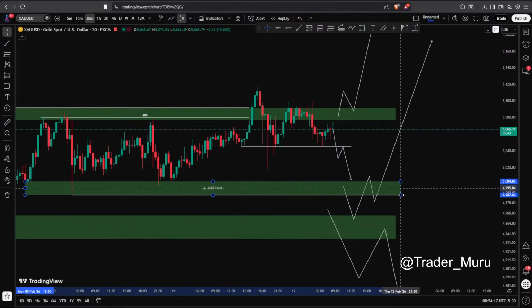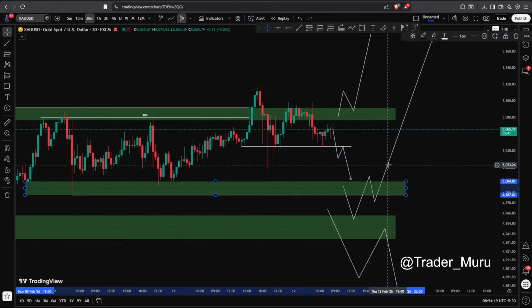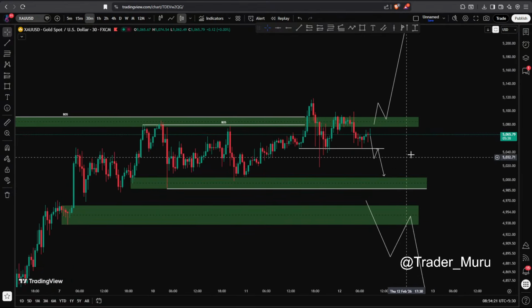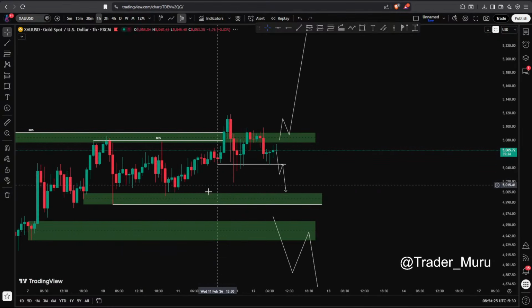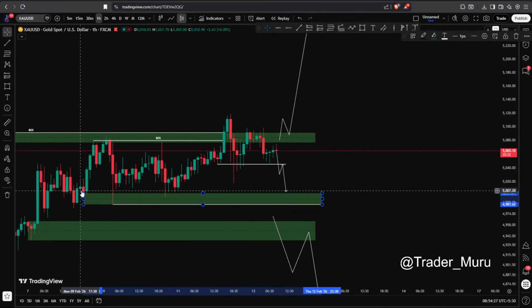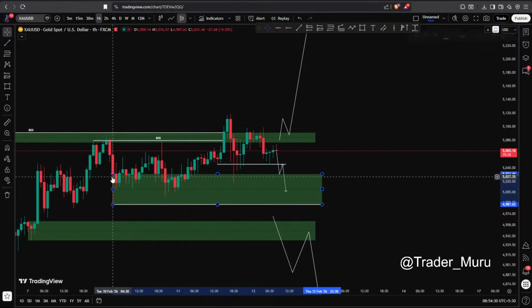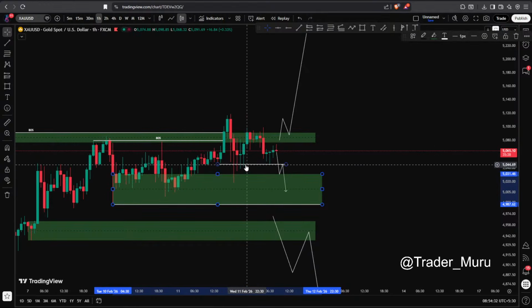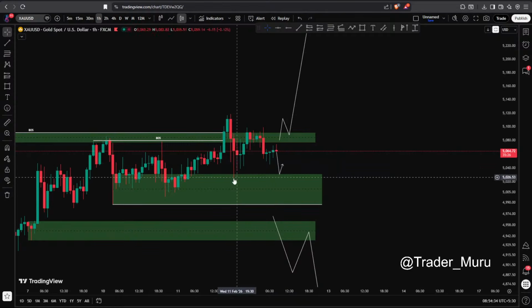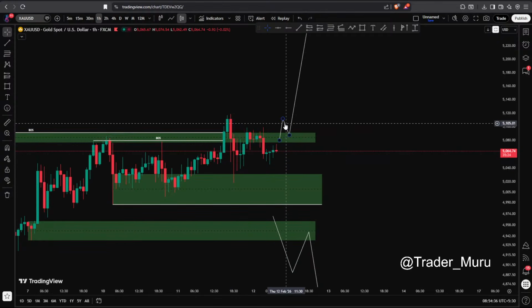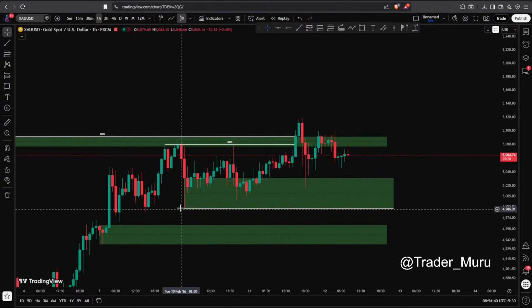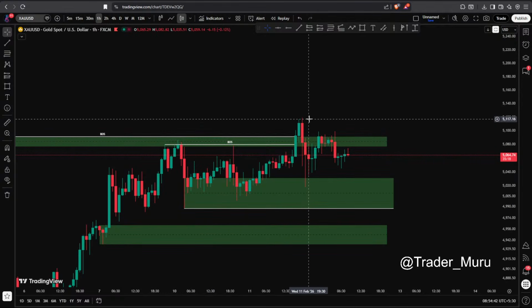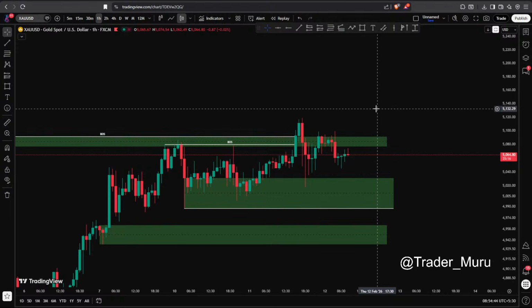Till this zone. This is the structural support. In 1 hour time frame, it has already tested the structural support, which is this big wick. See this? From here, price is bouncing. So until this zone gets broken in 1 hour time frame, we are bullish, and it is good to go